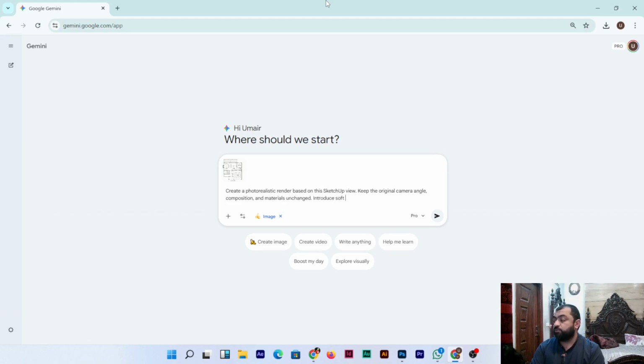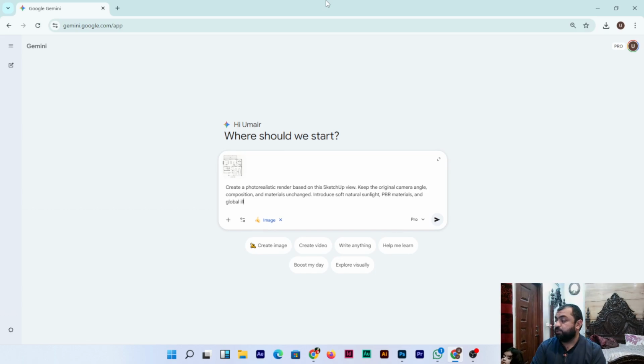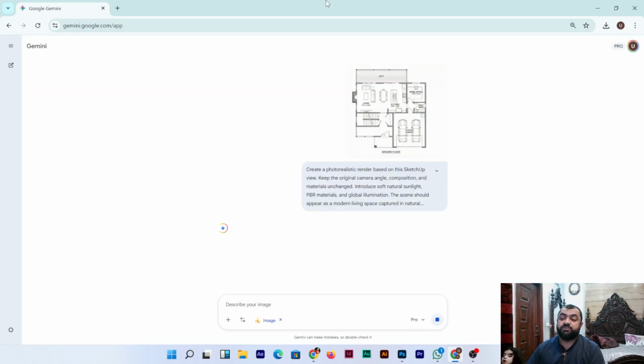Introduce soft natural sunlight and PBR materials and global illumination. And the scene should appear as a modern living space captured in natural light. So this is the prompt you can use, and then press enter,